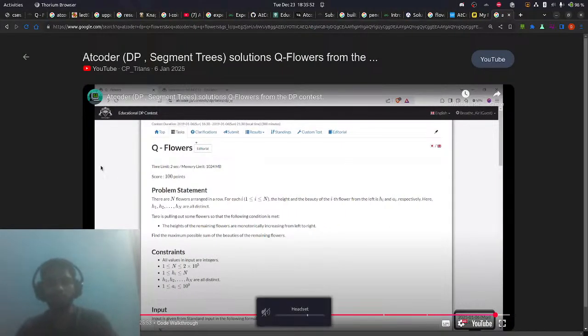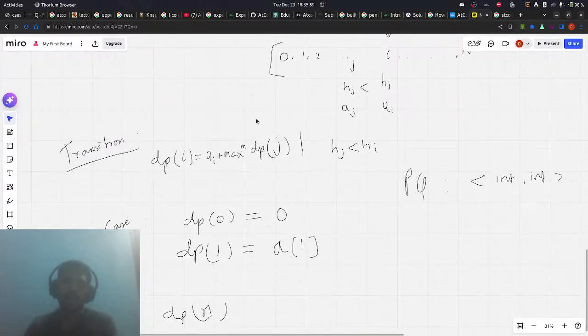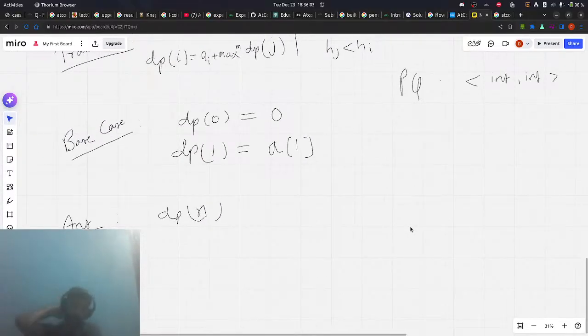So they are using segment tree for calculating this part. Okay, so at first we were trying to store dp with position of array position, but now since height is distinct, right, we can try with heights as dp subscript. For example,